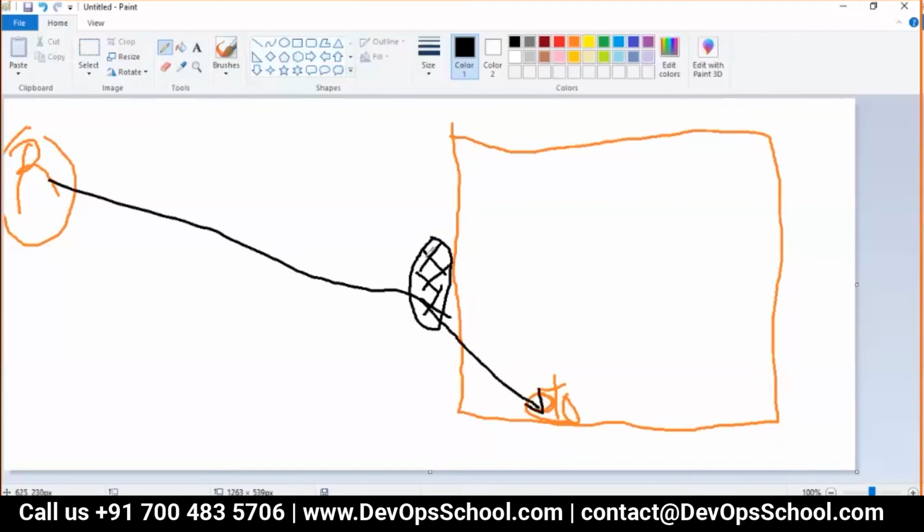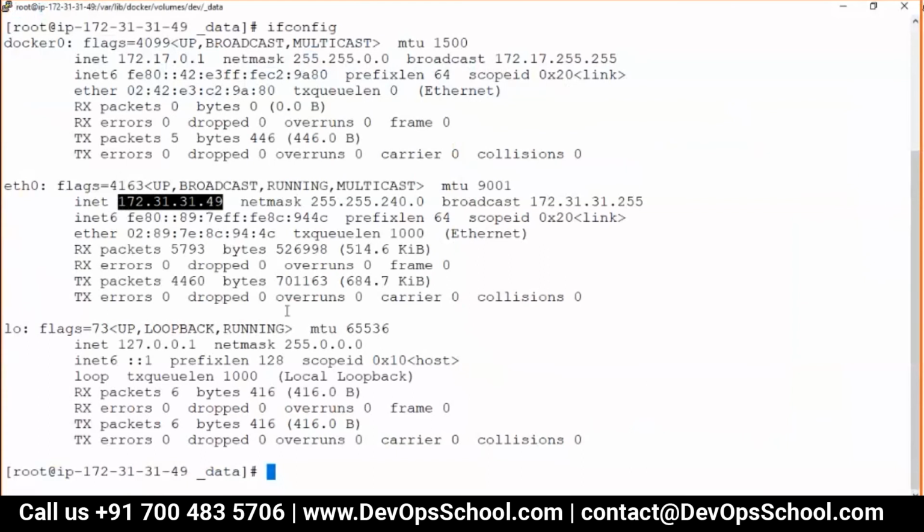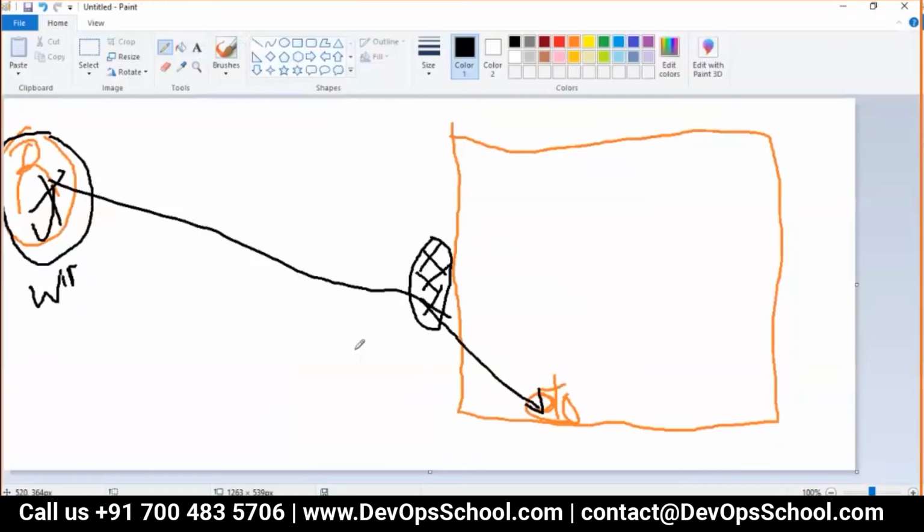This is the router-come-bridge plus modem, sometimes, depending on what you have. In simple terms, this is my home Wi-Fi, and I'm getting this IP address from there. By the way, this is a private IP address created by the VPC, from the CIDR range for that subnet.